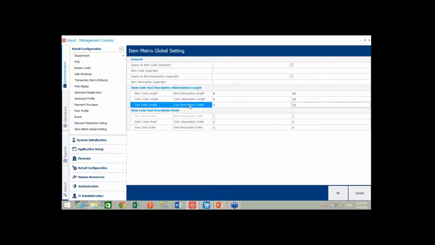Once I define the abbreviation length, I'll define the abbreviation order. By default, parent product code or description is going to be the first part of any child product name, code or description, followed by the attributes. Now over here I can set the order of the attributes as per my wish. So what I said is that for any child product, the first part is going to be item code, followed by color, and then by size. Now once I have done this item matrix global setting configuration,